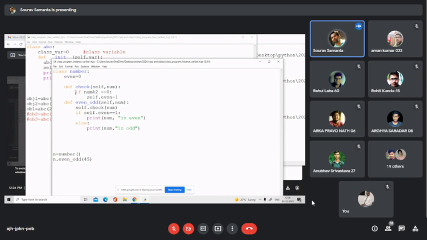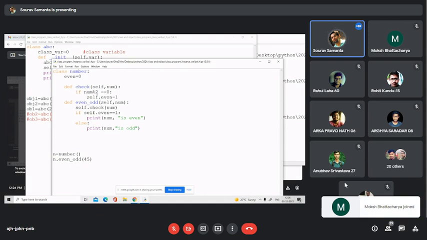In the else condition, the default value is not changed. But in case the condition is satisfied, what is the condition? If num modulo 2 equals 0, that condition is satisfied, then the even value will be changed to 1. Okay.